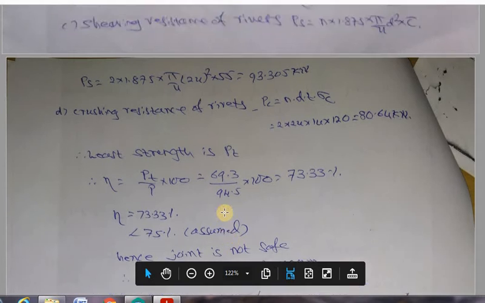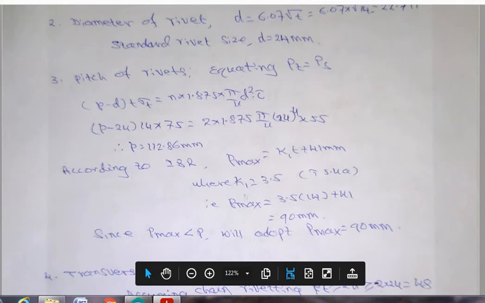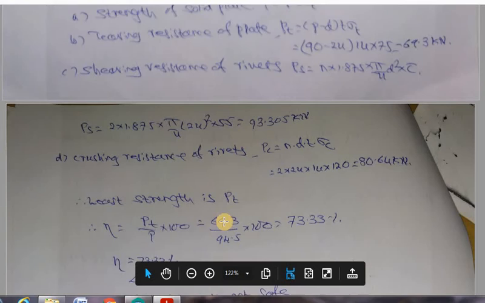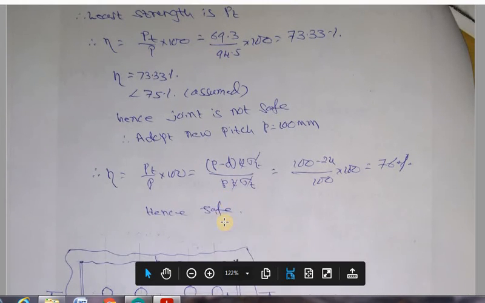Because in the second stage I adopted pitch equal to 90 here, because of the IBR recommendation, this is the maximum pitch, 90. But I ignored this pitch value earlier, the basic pitch. So now I am going to adopt somewhere near this value. So I will adopt 110 rather than 112.5. If I adopt 112.5, I think about it. So the new pitch is 100 mm. This is what I am taking.